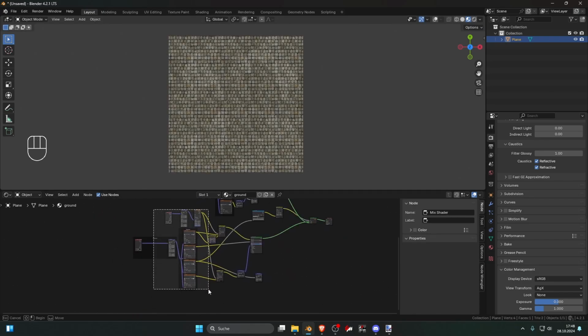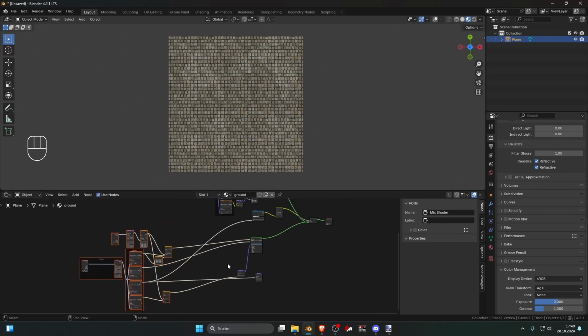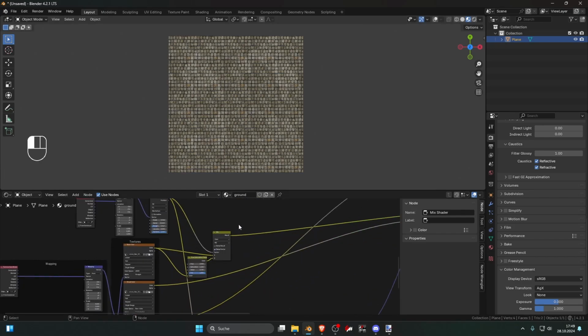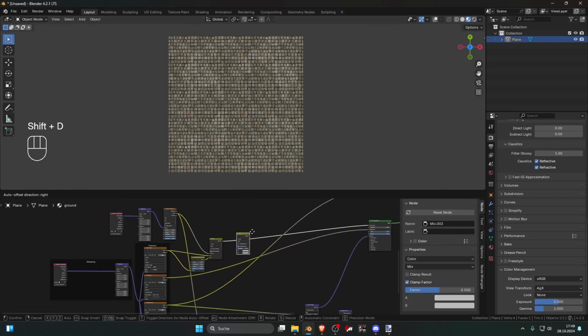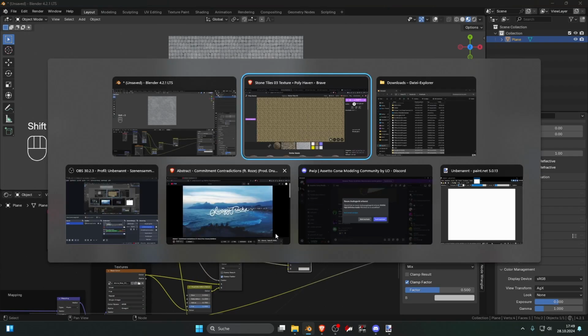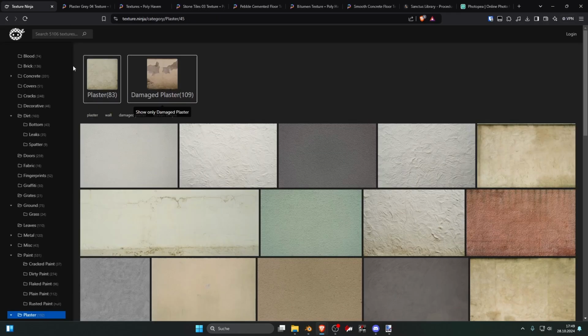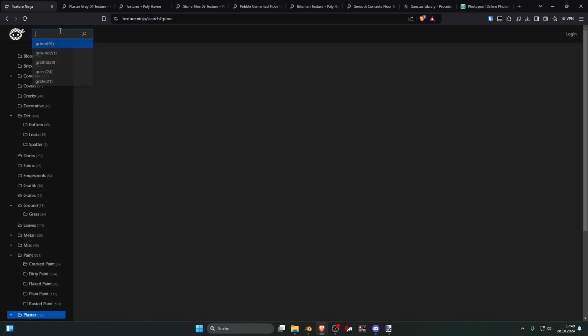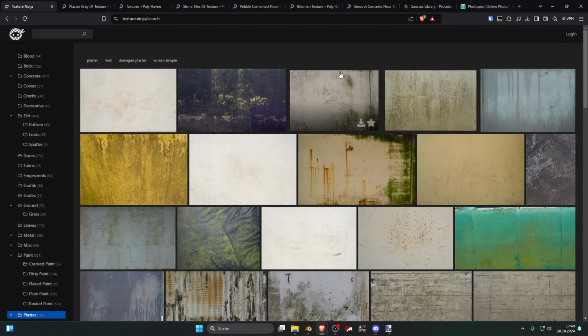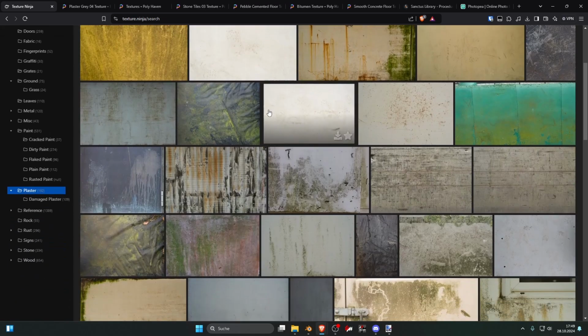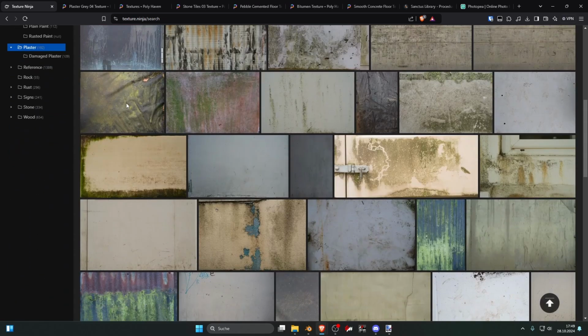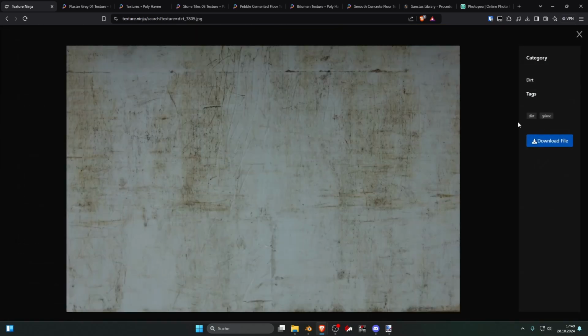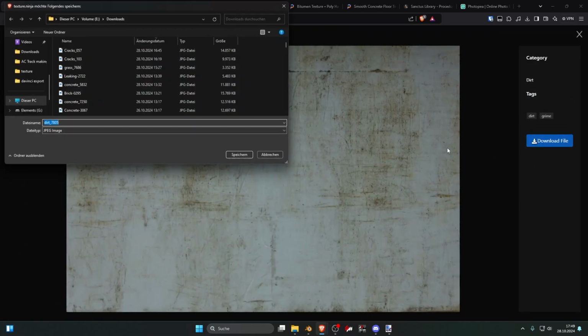Now there's one more thing. Instead, we can add a grunge map over it, which is the same thing. We can add a second material, mix over it, and as a factor, search for a grunge map. So maybe under Texture Ninja, if we search for grunge, I did not click on this. Let's use this one as the grunge map, download it,